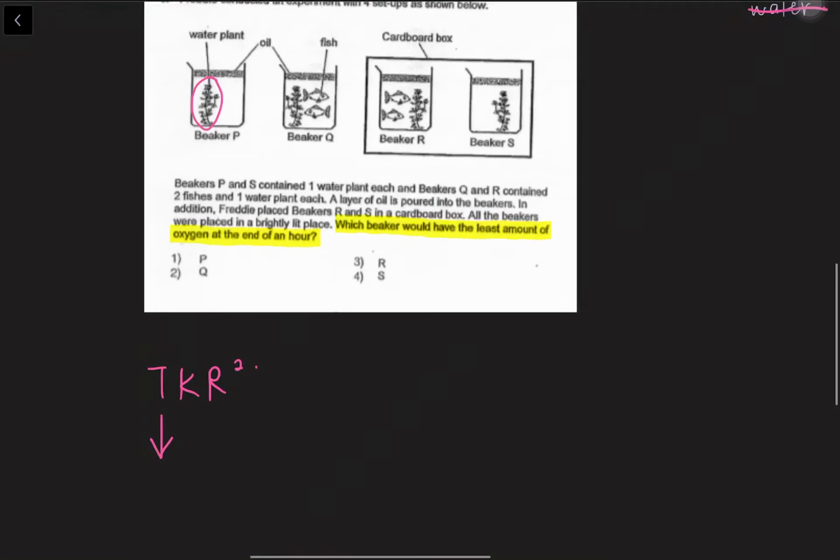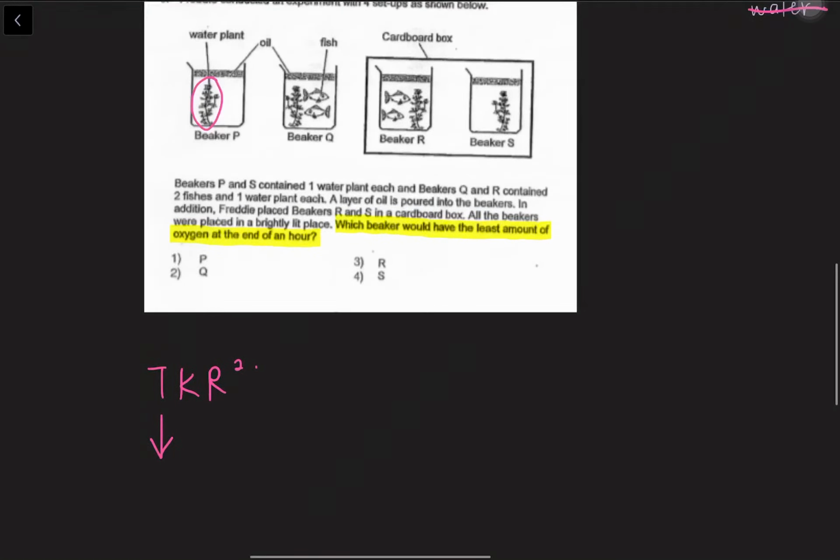We have a layer of oil. A layer of oil does not allow gases to enter the water. So we know that no oxygen is entering the water. We have fishes here. What do fishes do all the time? They respire and they use up oxygen. So this topic is actually asking us about